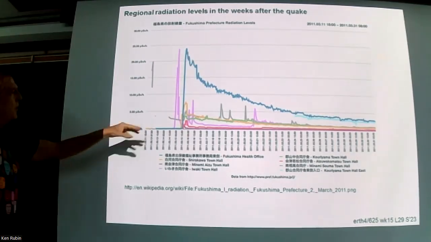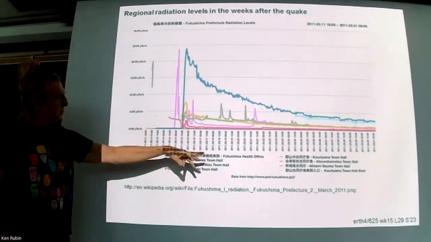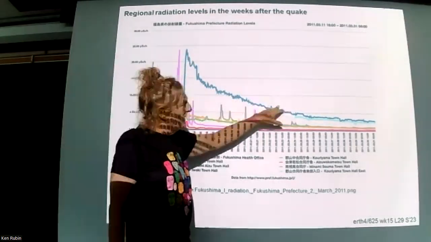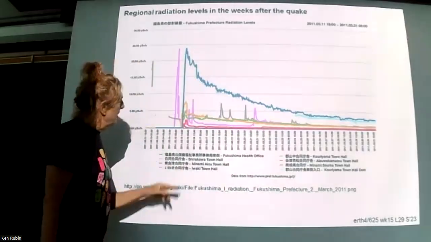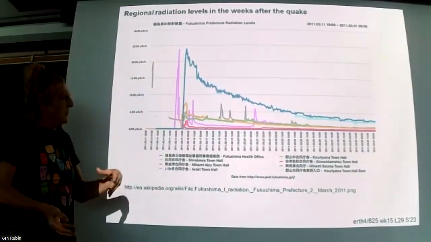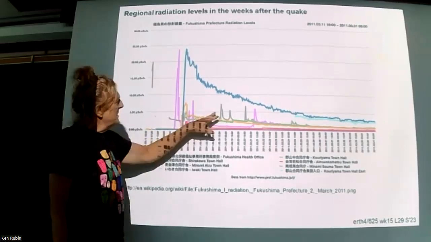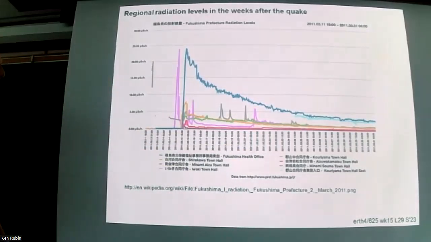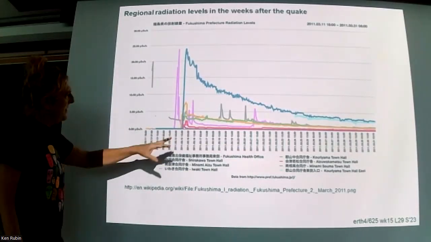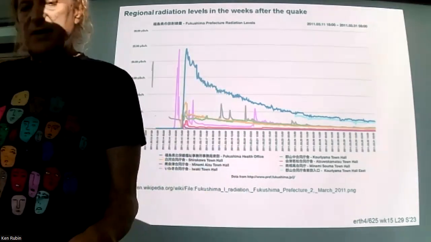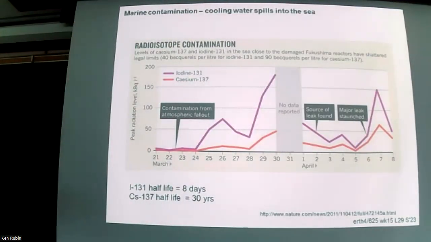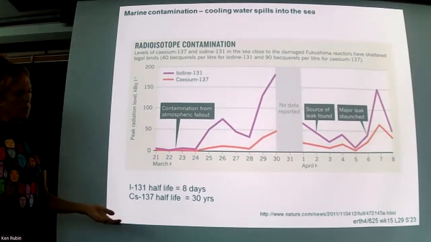But you can see that depending on where you are, I don't know the geography, I don't know which one of these places is close or far, but some places had kind of a continuous fallout that lasted many, many days. Other places had more punctuated fallout, probably more associated with the specific explosion. Some places had punctuated things that lasted many days. And so this gives a concern about when is it safe to repopulate the area, how much radioactivity is in the soil, etc. And this is just looking at the contamination coming out of this contaminated seawater that was put in to cool the rods,